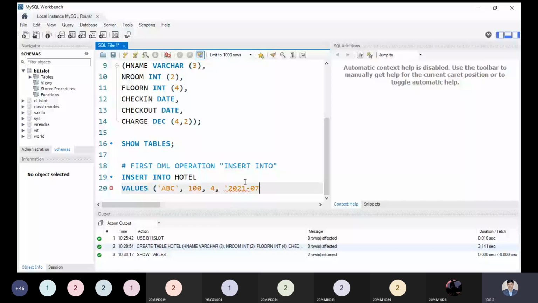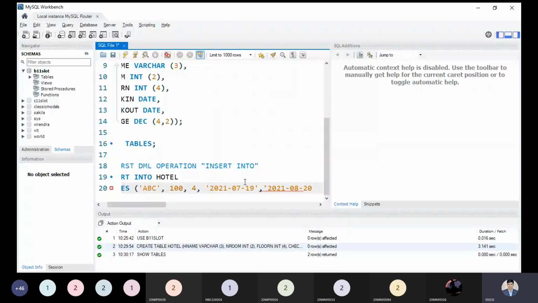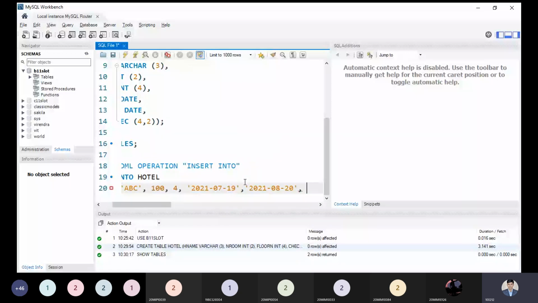And for check-in time I'm also putting another date, so I can pick this date as well. Maybe you can choose any other information, it doesn't matter what information you're putting, but the date information we are taking should be appropriate. After that, we have its charge. What is the charge of the room we have? So we have 1,000 rupees, 100 rupees, okay. So that is the point you want to pick.